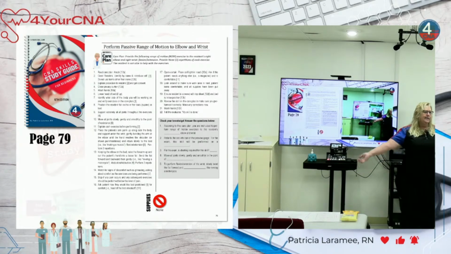So this is flexion extension of the elbow. That's it. So we're going to make a muscle. Guys, an elbow is a hinge joint. It only moves in one way. If you get an elbow to do anything else, you broke it. This is all it will do. The wrist, however, our care plan tells us to do range of motion, flexion extension, which is